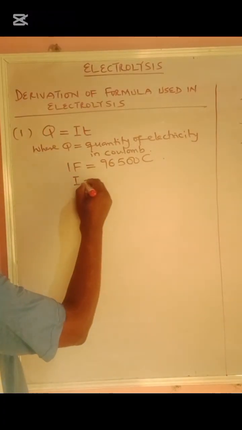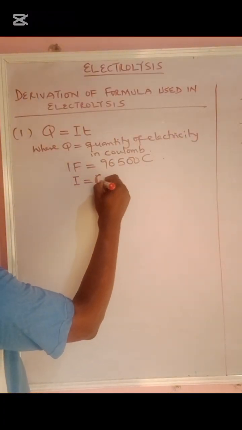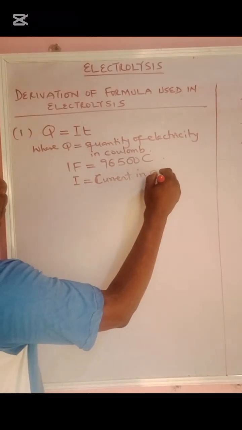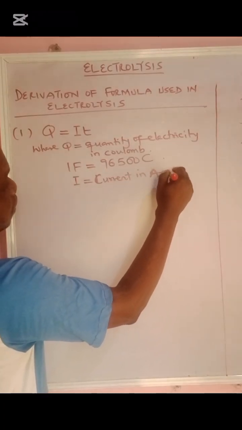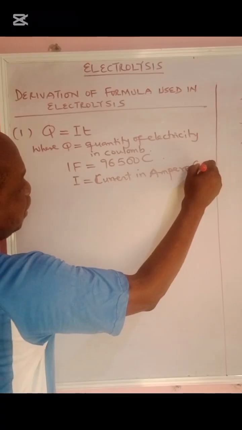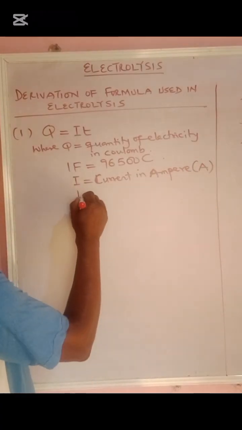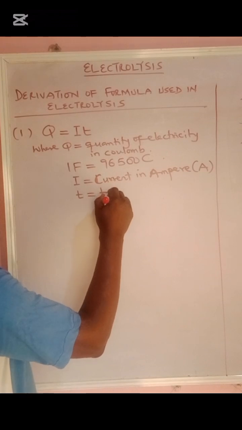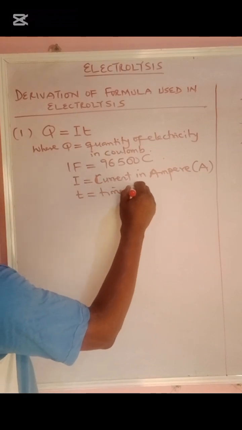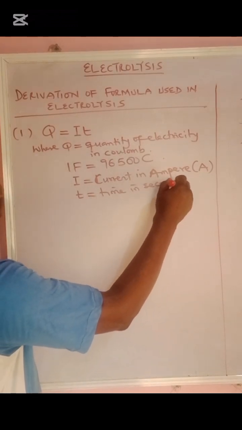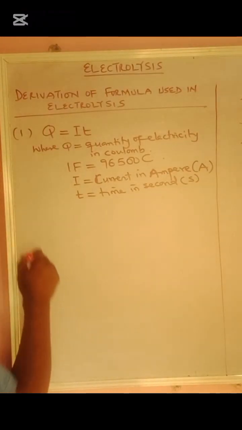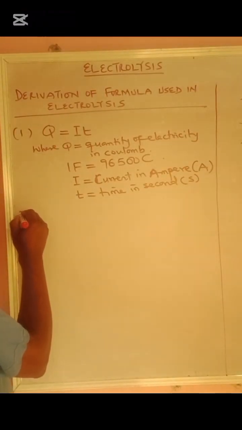Where I is equals to current in ampere, current in ampere, capital A, that's the unit. Where T is equals to time in seconds. Take note of that. That's the first formula there. The second formula,